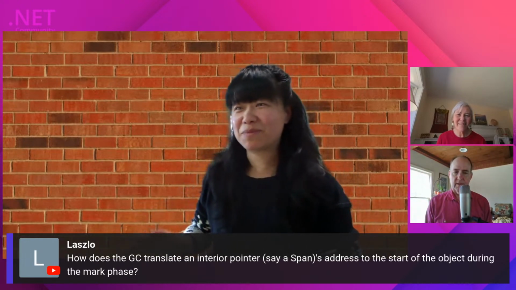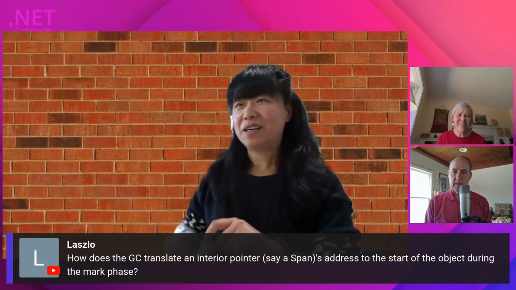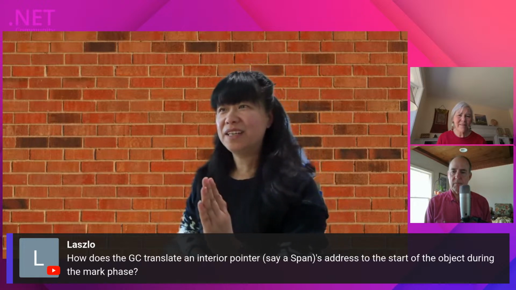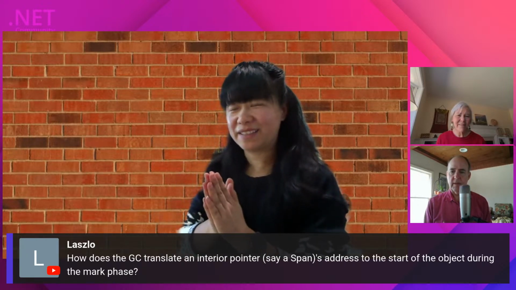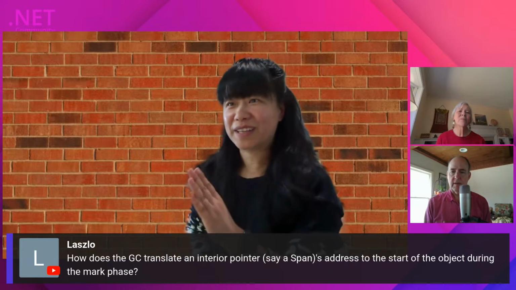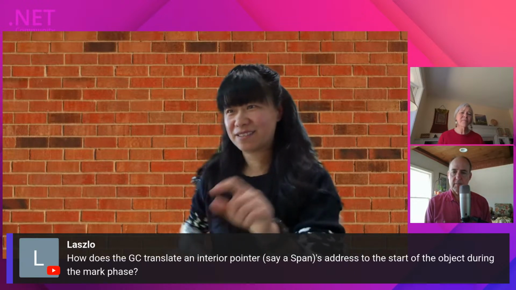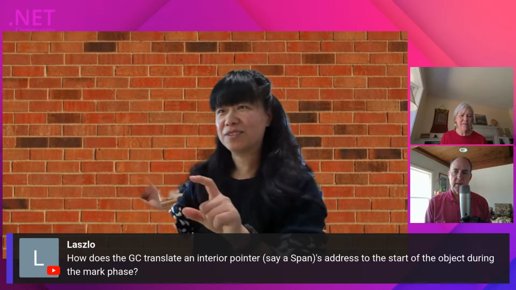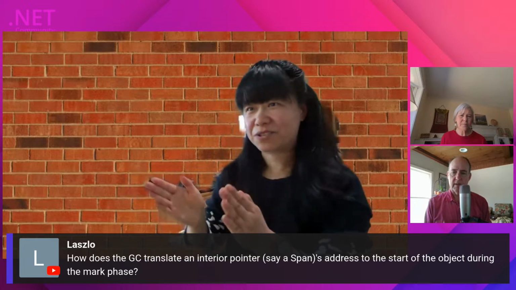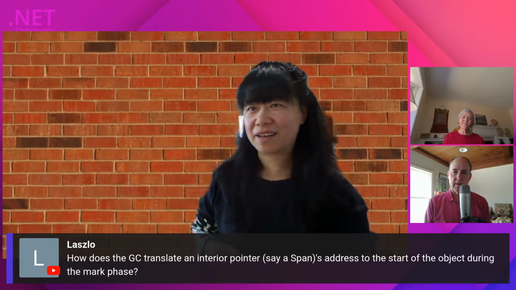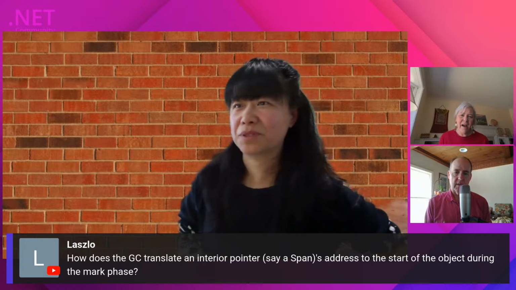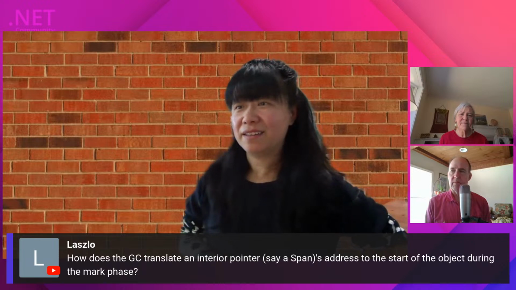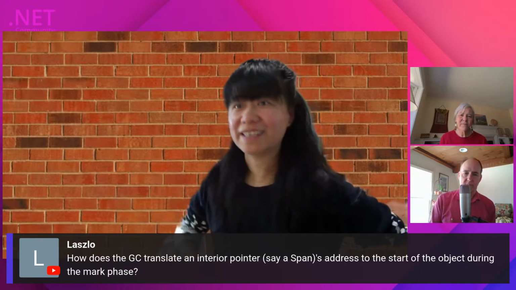So the brick table is something we use when you're given a pointer that points into the middle of an object. We basically go back to the brick that records the beginning of an object. So we know that's the start of an object, and we record it in this little space in the brick table. Then we just start going from there, and we know that's the object that holds your interior pointer. If you have Kokosa's book, the Pro .NET Memory Management book, they actually just published their second edition. This was explained in there very clearly. So, yeah.